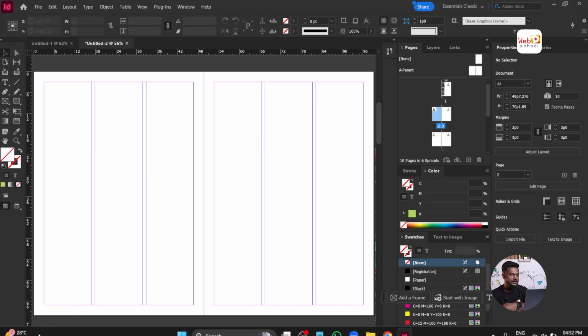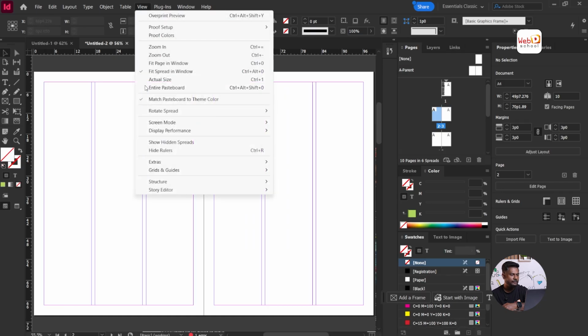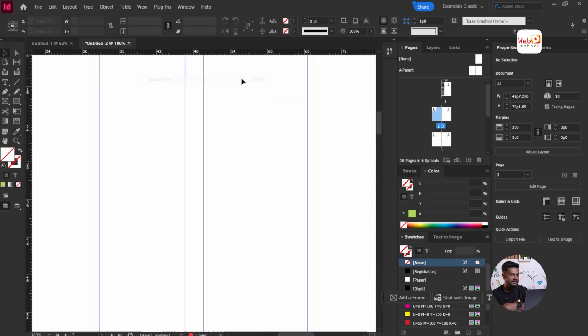If you want to see the actual size, you have to go to the View menu and then choose Actual Size. The zoom value of 100% you can see here in the bottom. So this is called the status bar. In the status bar you can see a percentage value of the screen, and then what page number it's currently viewing, and then what profile you are currently using, Basic, and if you are having any error that will be shown here,